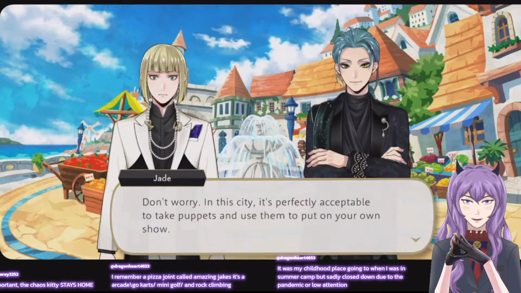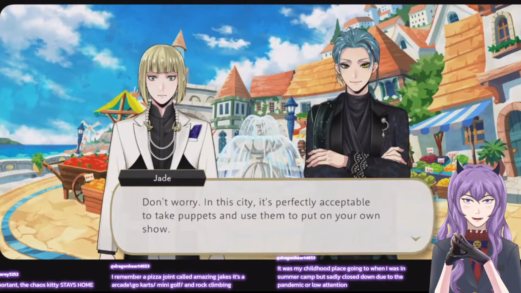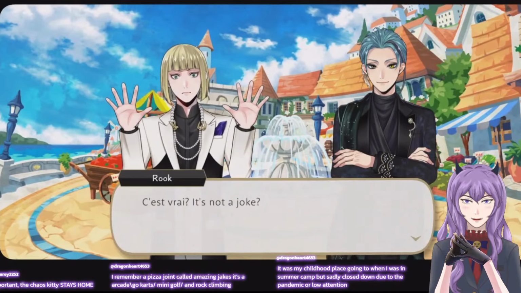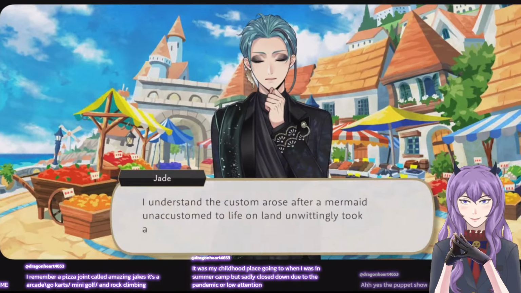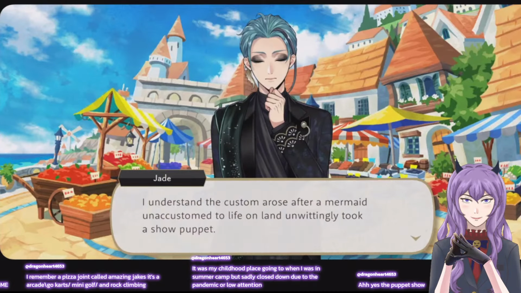But I thought someone else was in the middle of performing it. C'est vrai? That's not a joke? The pas blog? Unwittingly took a show. Okay. That's an interesting custom. You can just literally snatch puppets.